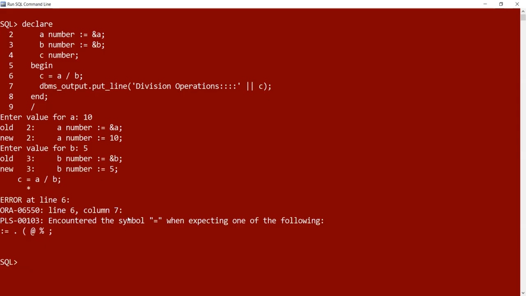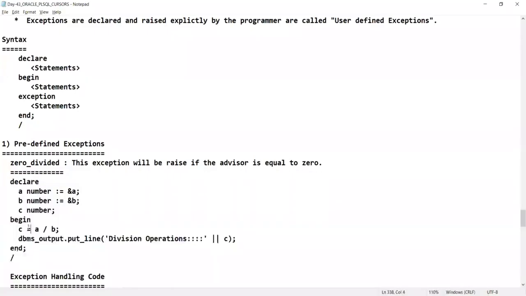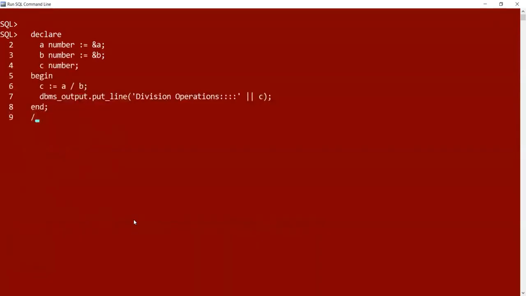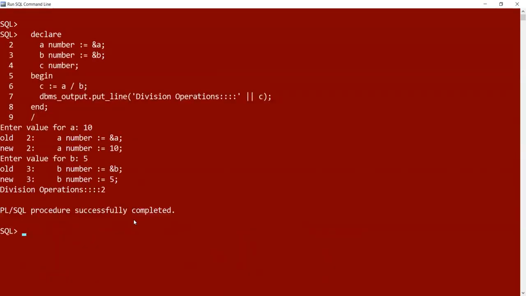Okay. So something is missing here, sir. Equal to, sir. Okay. Just copy this again. Paste it here. That's all. 10 by 5. So we are getting the division operation result as 2, which